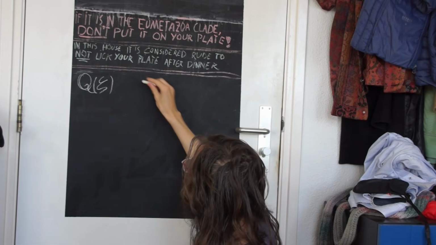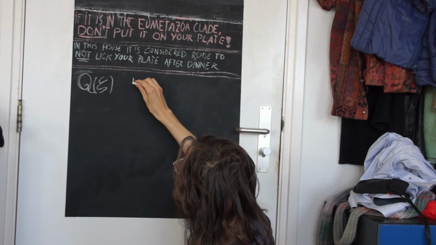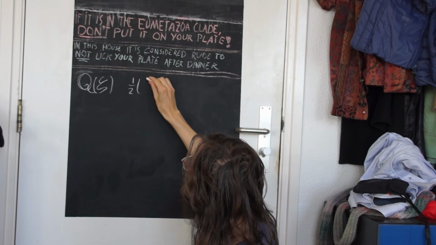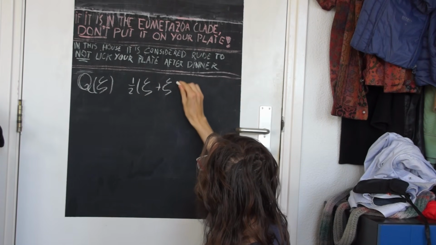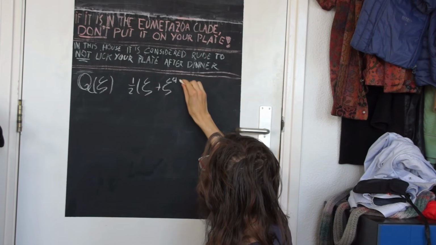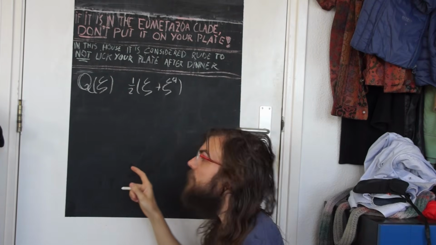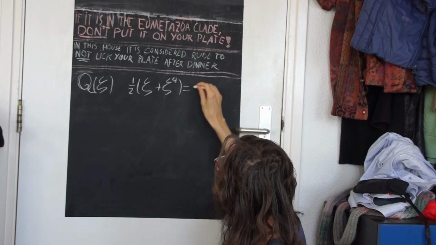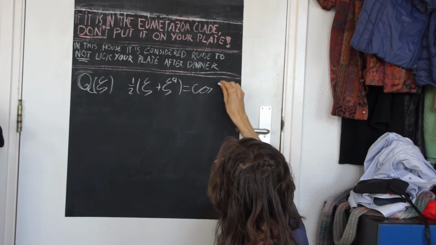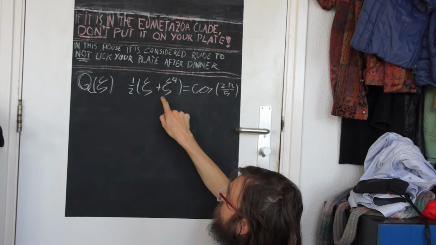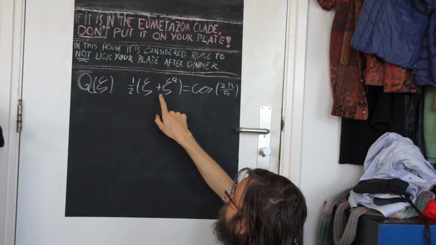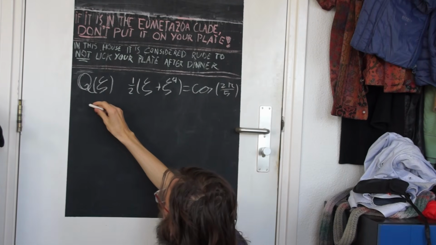And somewhere in this field lives the element 1/2 fifth root of unity plus the fifth root of unity to the power 4. And we've already shown that this is going to be equal to the cosine of 2 pi over 5. In order to solve what this is going to have to be, we're going to use the fact